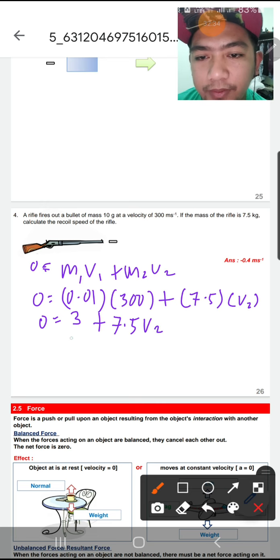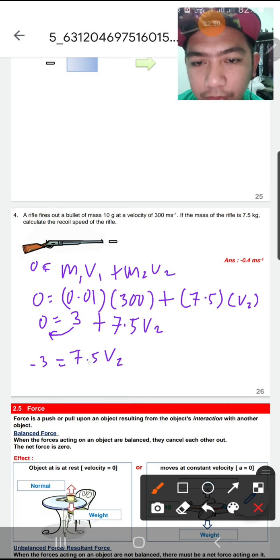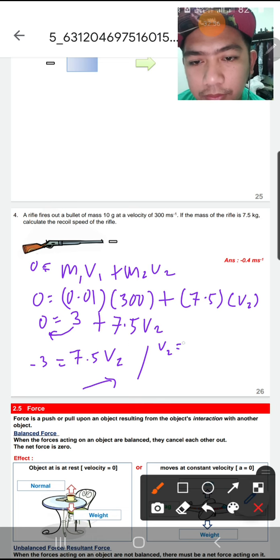So we need to find v2. So 3 you bring to the left, negative 3 equal to 7.5 v2. So continue here. v2 is equal to, we bring to the left hand,